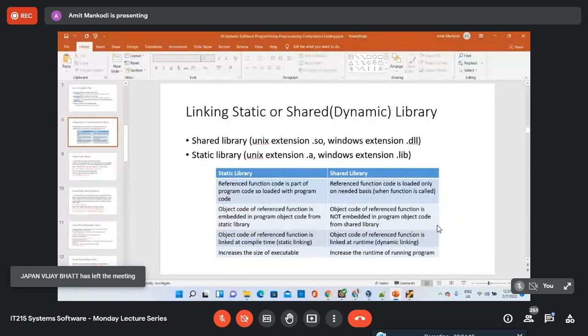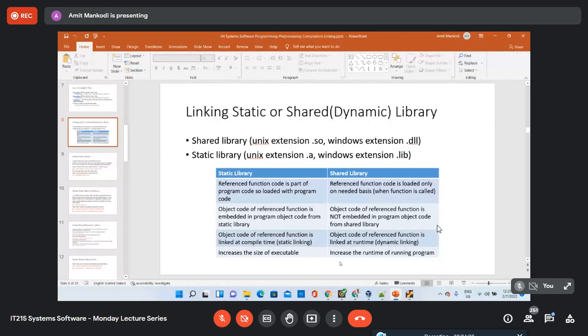So the advantage of the dynamic library is that the executable file will be smaller in size, because you are not embedding the function's object code into the program's object code, right?